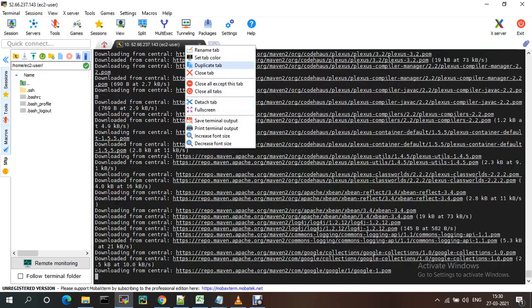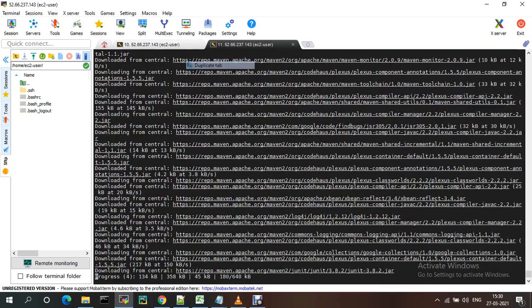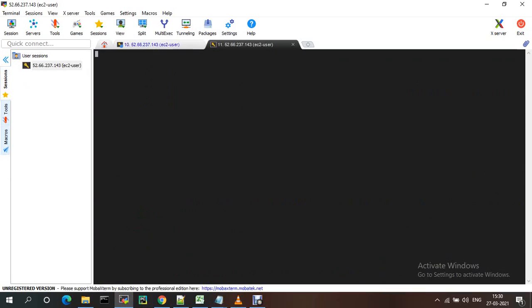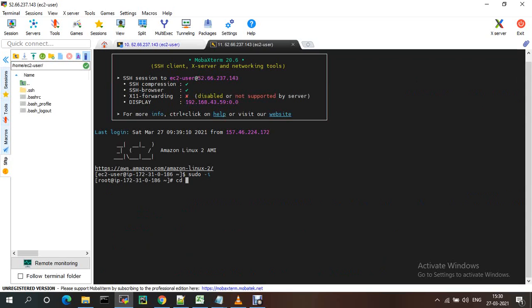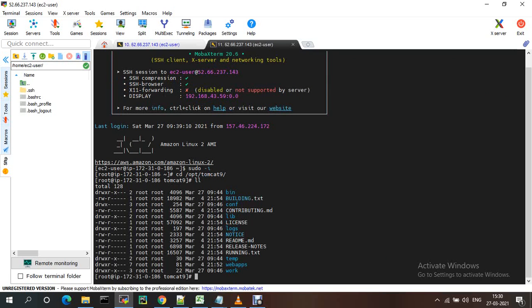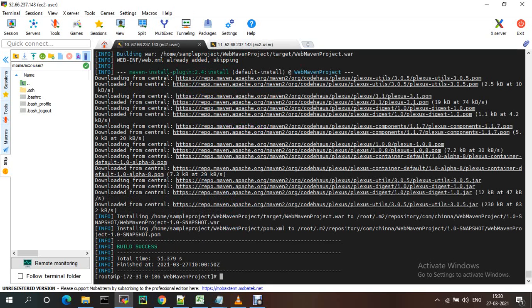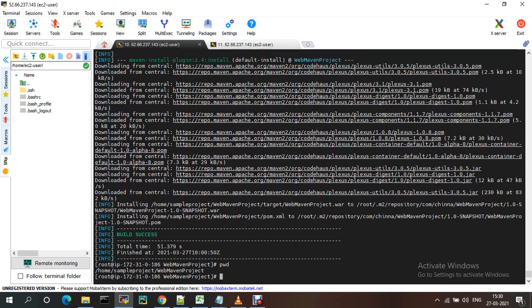Let me take a duplicate window. Sudo su, cd /opt/tomcat9. So the build is success. Currently we are in this one.